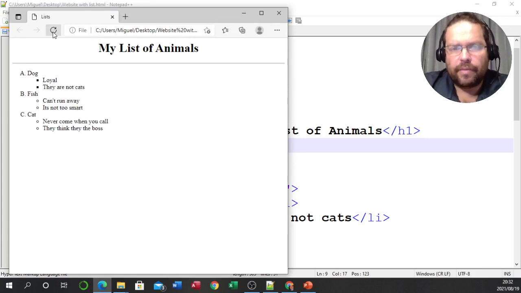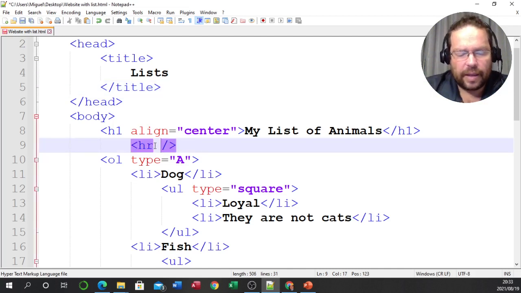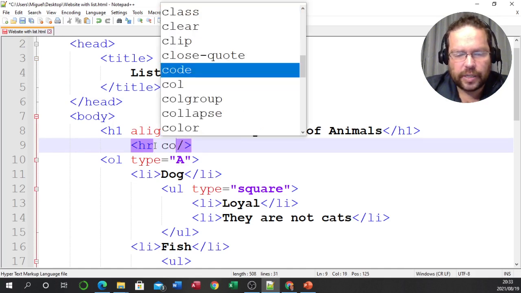So what I'm going to do now is play around with the color of the line. I'm also going to play around with the size of the line and the width. Alright, so the names I just gave you, the color, the size and the width, are actually the names of the attributes. Okay, so I need to come to the opening part of this tag. Remember, this is a self-closing tag, so it does close here. And remember, I told you we need to make sure that we put the attribute in the opening part of the tag. So in this case, it's going to be here, and the / then comes at the end because that's the closing. So the first thing we said we're going to be changing is the color